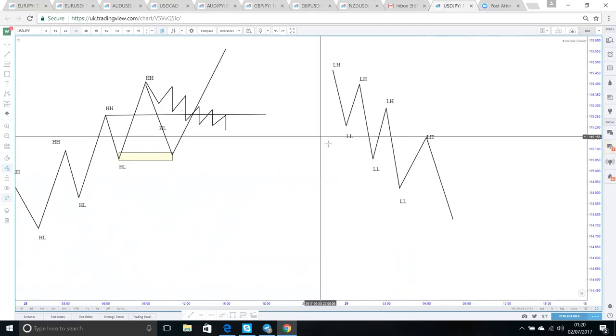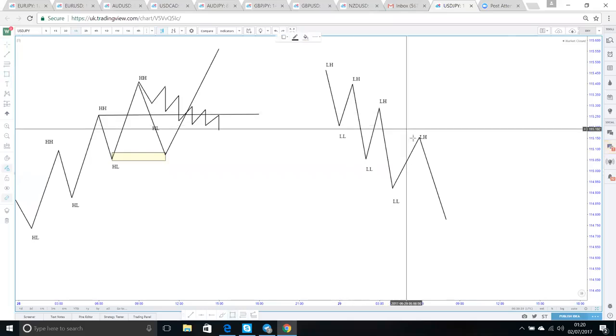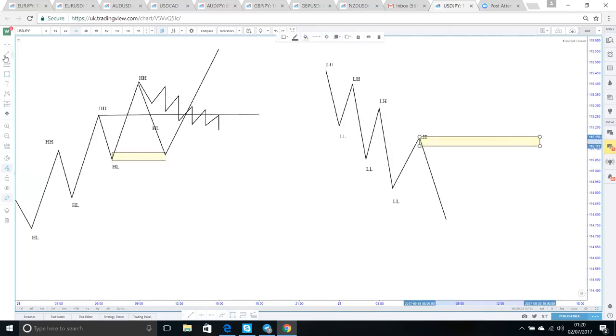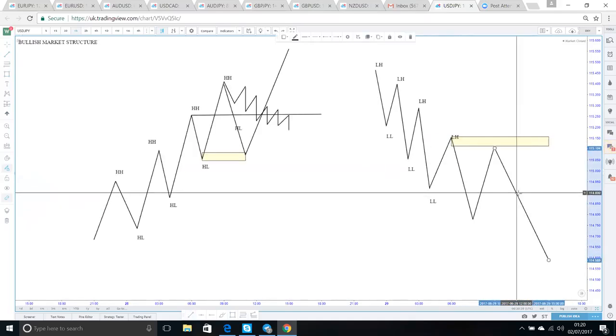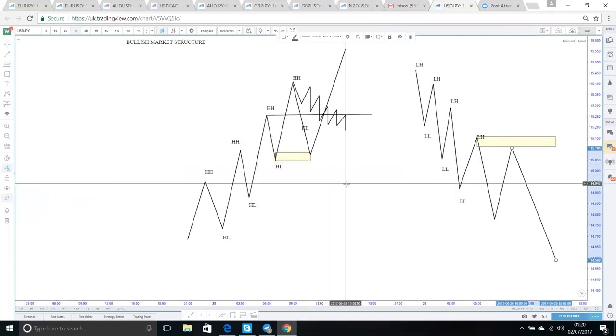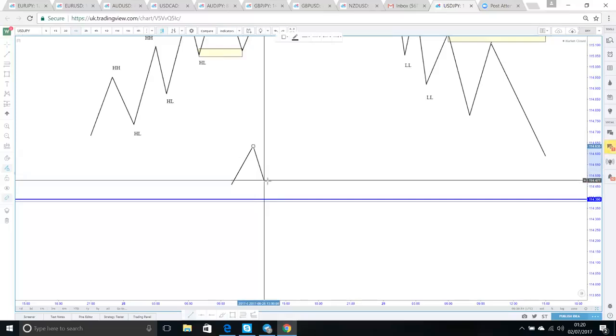In a downtrend, the structure remains valid as long as the price fails to break the previous high. Pretty simple, guys. The previous lower high: as long as the price doesn't breach this, the trend remains valid. The price has to break the previous high, guys, to break the structure. That's simple as that. Okay. And if this happens, guys,